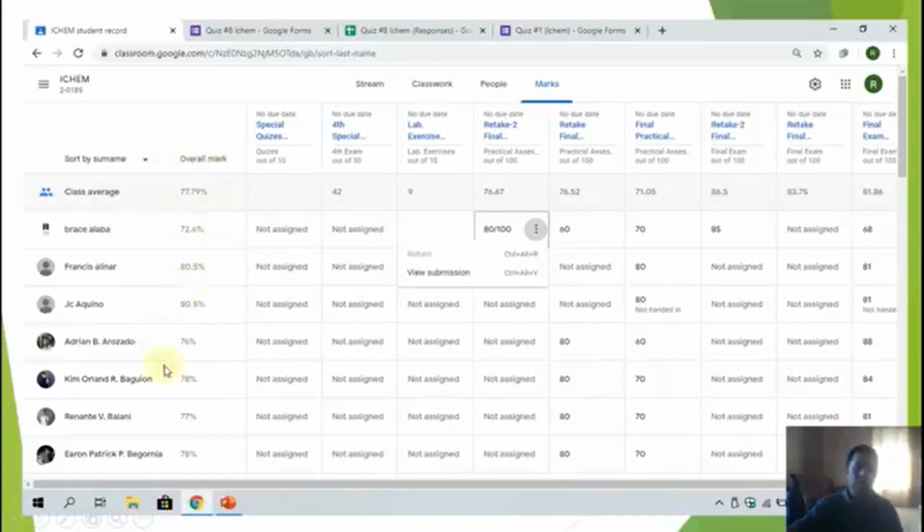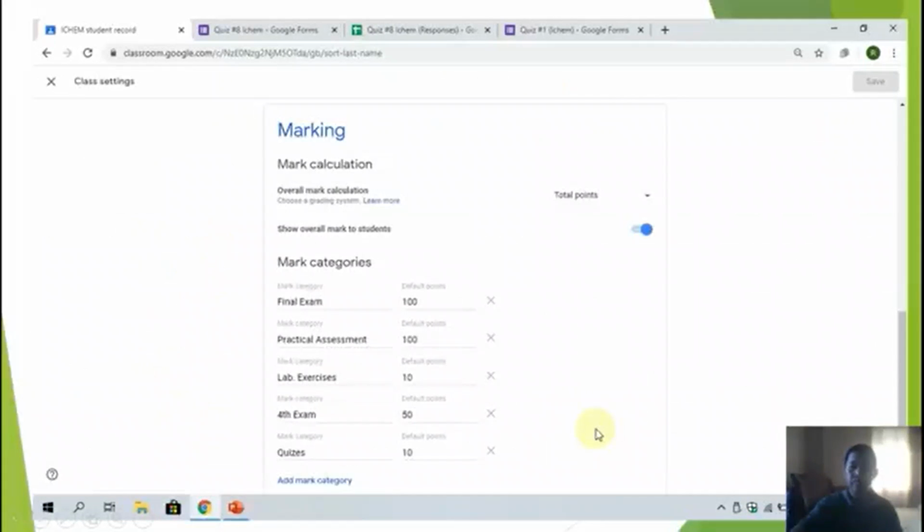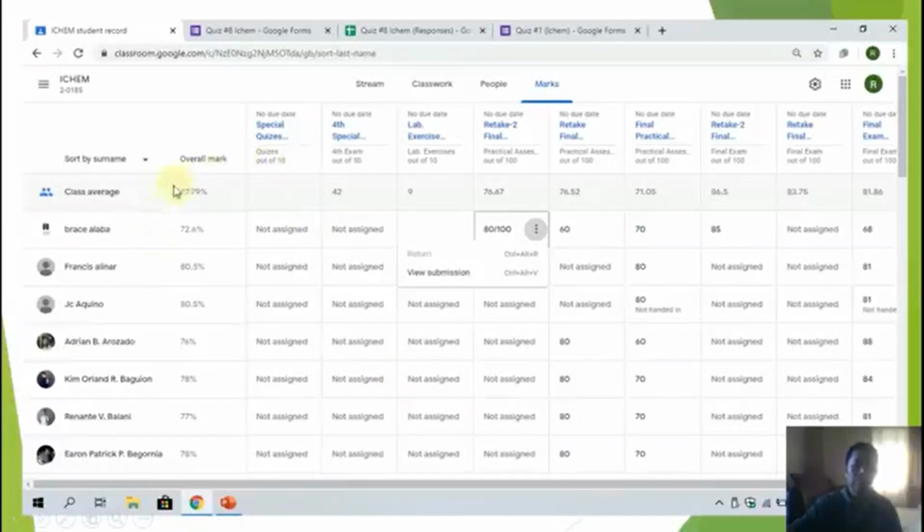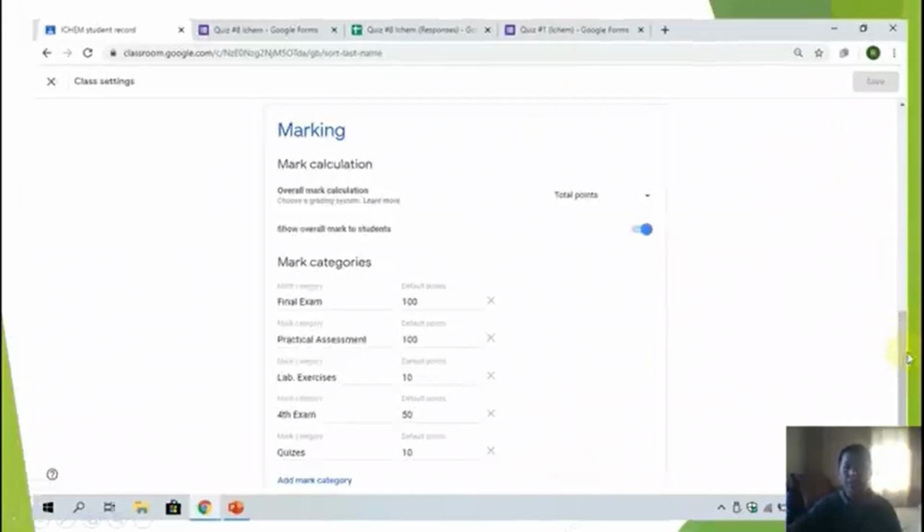But if this one does not appear, I will show you how to make the grades appear here. So you just click this gear button. When I click this one, this will appear. So scroll down, click this arrow, click total points and click save.